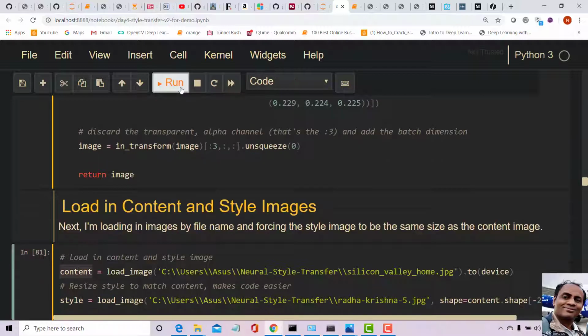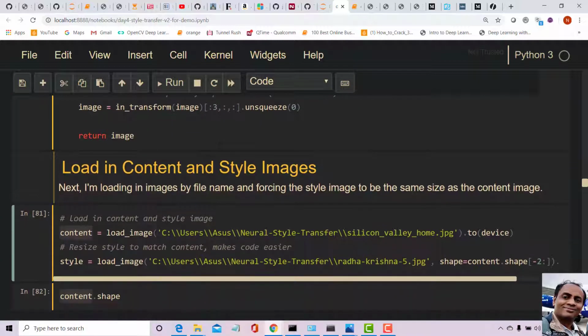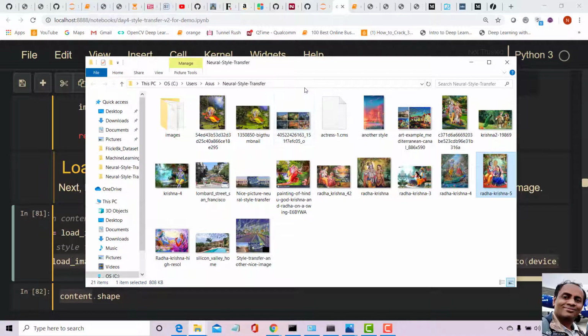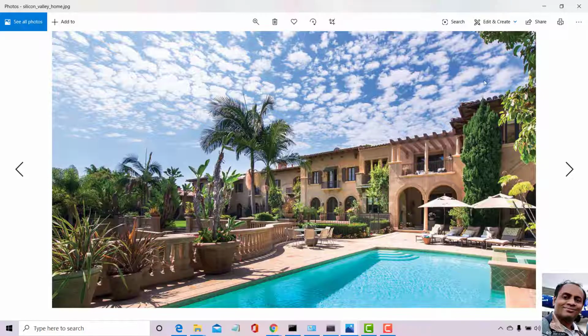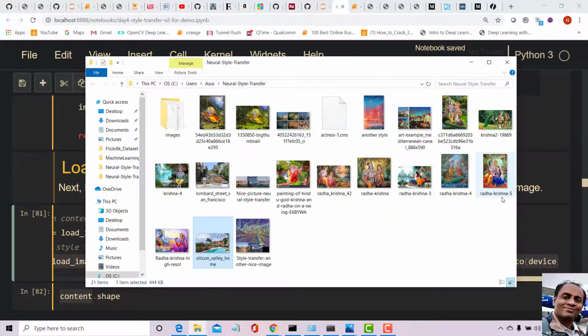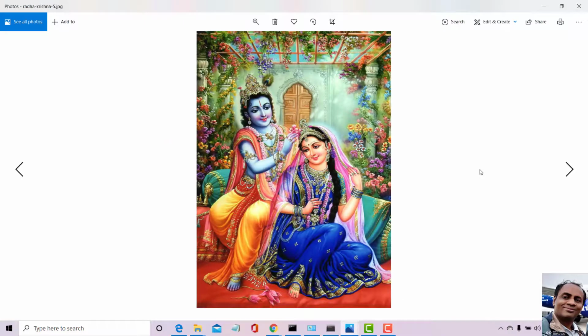So let's see. Now I want to load the images, two images we need, the content image and the style image. I will show you both. I'm going to read from this particular folder. My content image is going to be this, and my style image, I close this, my style image is this.